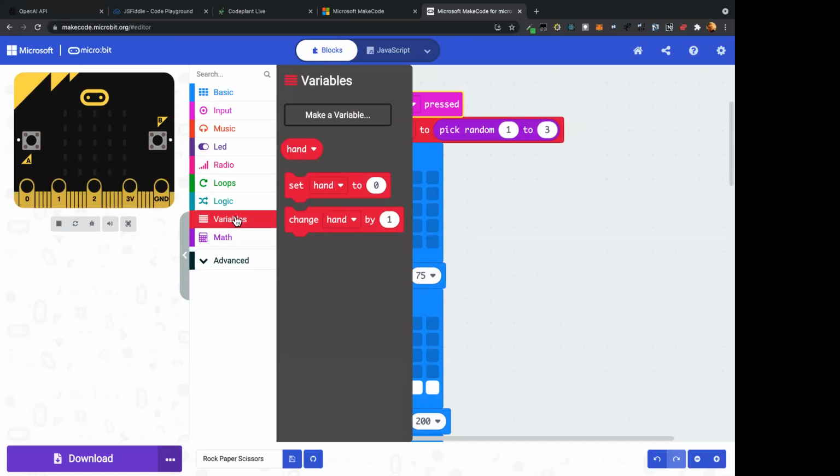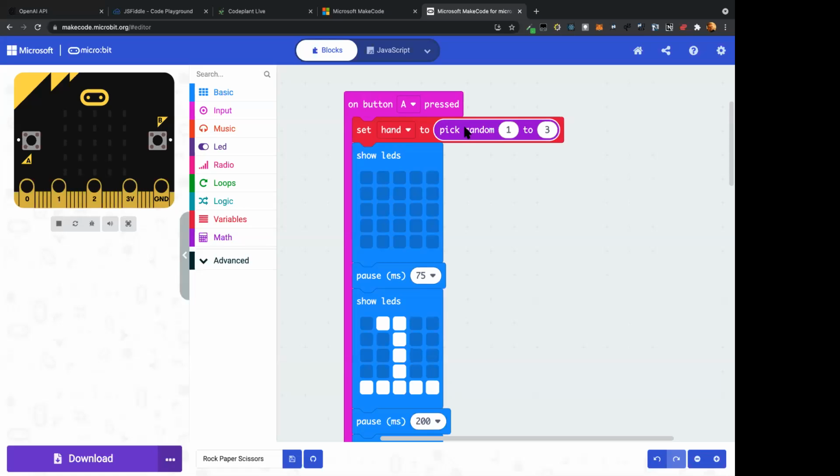It could be anything you want to store. It could be a name of something. It could be a number. That's what we're using this time. I created a variable called hand. And at the beginning, we're just having it set to a random number, either 1, 2, or 3. And that allows us to use it as sort of the move that the computer would make in rock, paper,